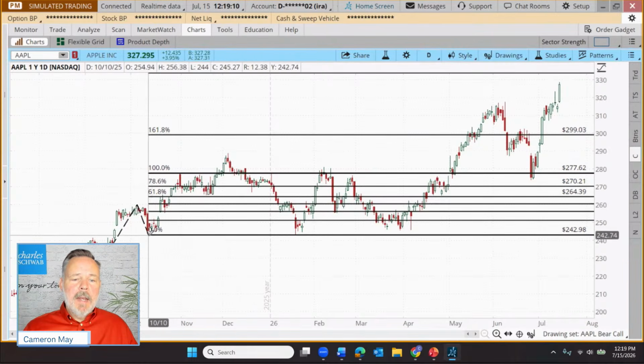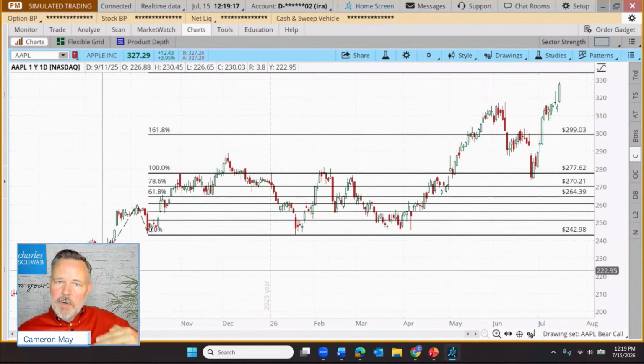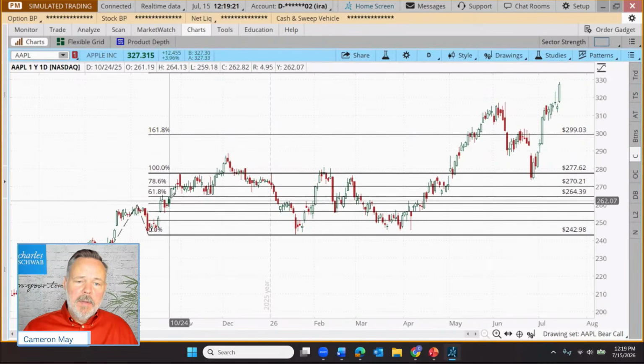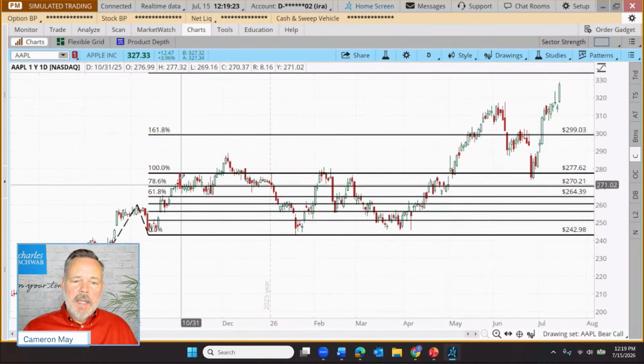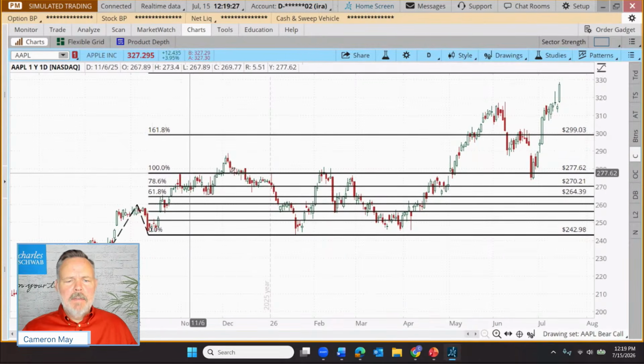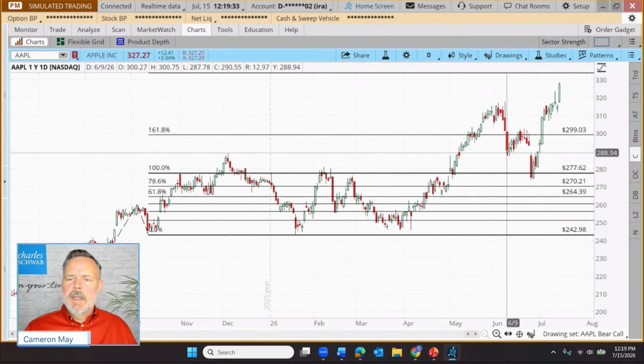And then the tool is automatically going to be drawing on extensions in this case. So no retracements, nothing going down toward the bottom. But in this case, we're extending upward and drawing in potential areas of support and resistance from here. And you'll notice in this case, yep, previous highs acted as a pretty good resistance. Lows were pretty good support.